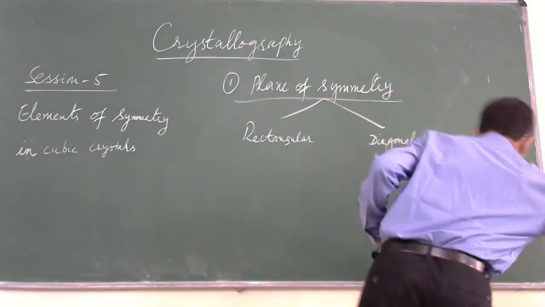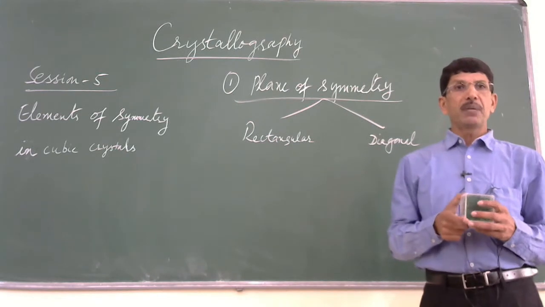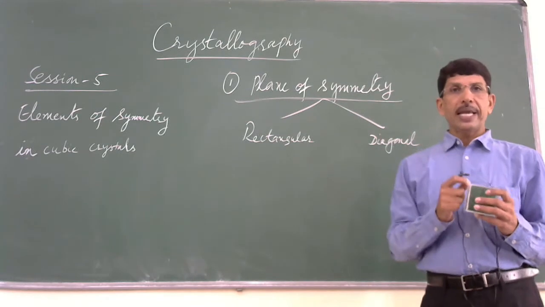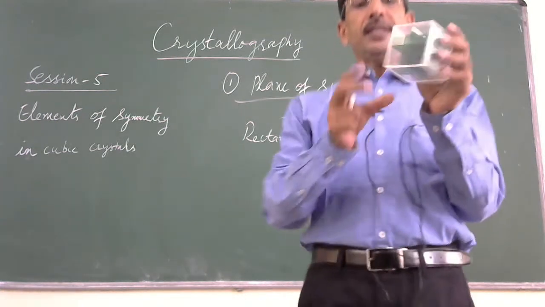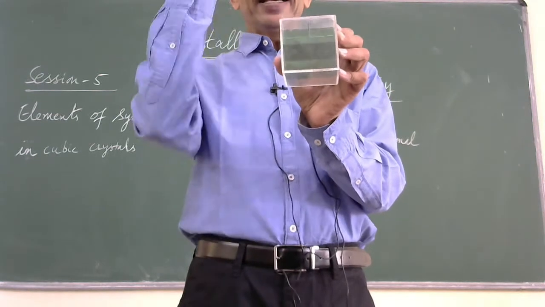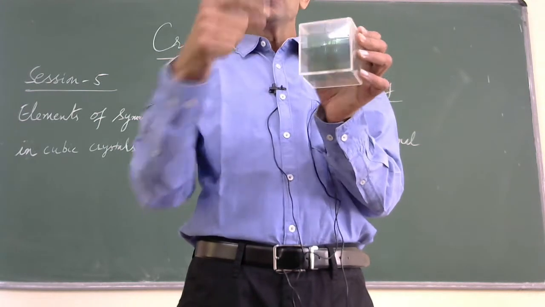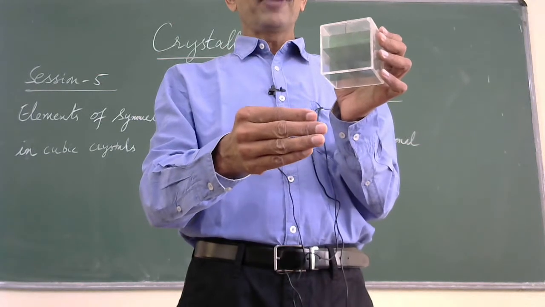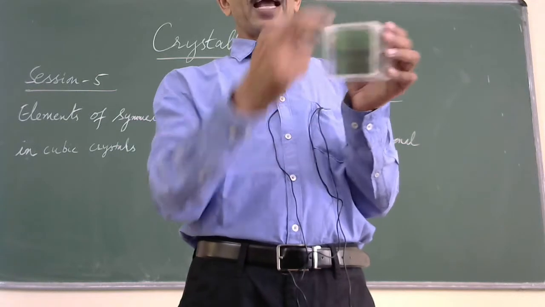Right. So in the last class we discussed what is meant by a rectangular plane of symmetry and what is meant by diagonal plane of symmetry. Today, let us look at how many rectangular planes and how many diagonal planes of symmetry are present in a cubic crystal. So, this is the model in which the rectangular planes are shown. As I said, rectangular plane is a plane along which when the crystal is cut into two pieces, we get two pieces which are rectangular. Even the cut surface would be planar with a rectangular shape. So that's the reason we call these rectangular planes.